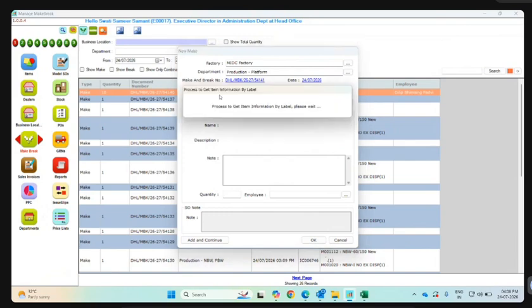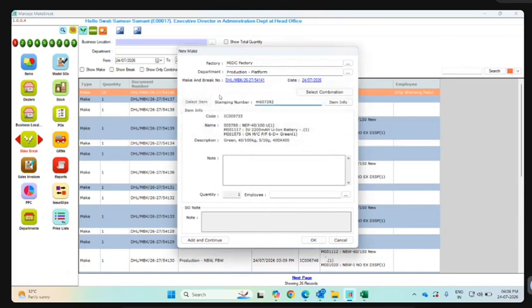M607292। तो ये हमको सब इंफॉर्मेशन इसके बारे में आ गया कि उसके लिए कॉम्बिनेशन कोड ये था IC009733। क्वांटिटी ये हमको एक दिख रहा है। एम्प्लॉय अगर मैं डाल देती हूँ